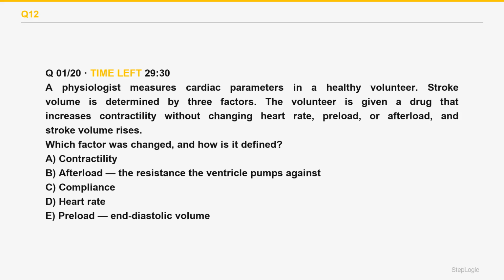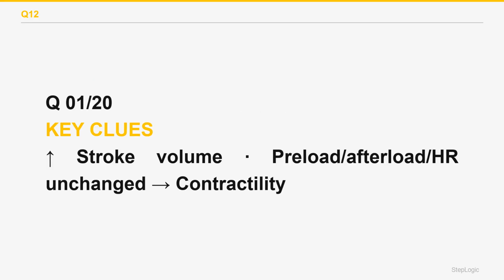Read the command: which factor and its definition. A drug raising contractility without changing preload, afterload, or heart rate, increasing stroke volume: contractility. Stroke volume is governed by 3 independent factors: preload, afterload, and contractility. The question isolates one. A drug that raises stroke volume while holding preload, afterload, and heart rate constant must be